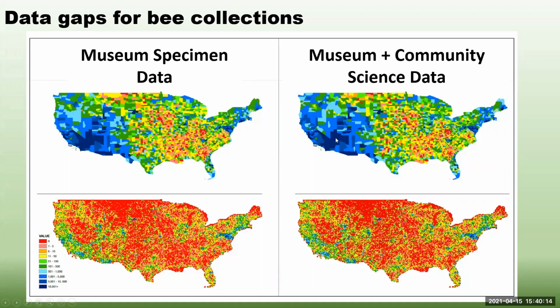But counties aren't really a great example just because they're political boundaries, and some of them are large and some of them are small. So if we break the US down to a grid of 20 square kilometers each pixel, you can see there's a lot of areas that are just not sampled, and a lot of that is within our crop belts throughout the central US. Again, the Mojave Desert has been super well sampled, but you can see it's really around San Bernardino, LA that's been well sampled. There's also an area in southwest